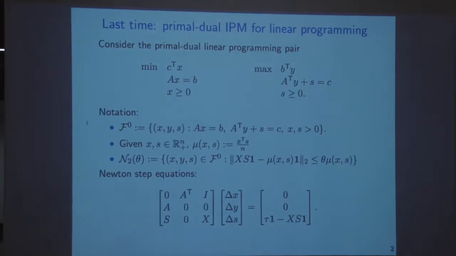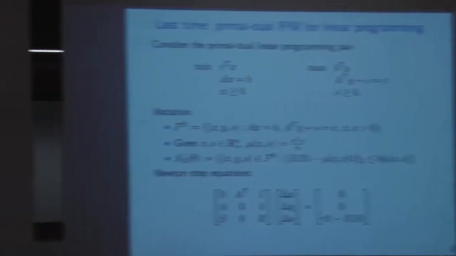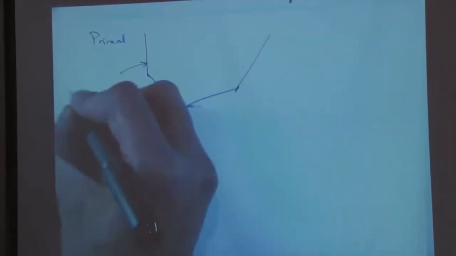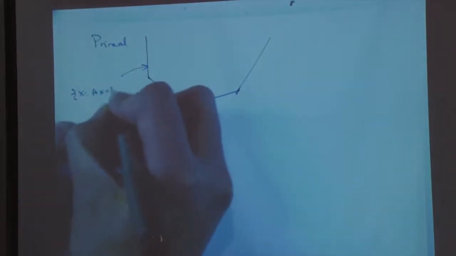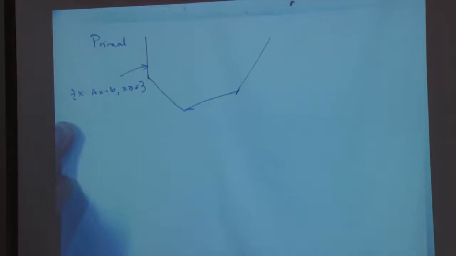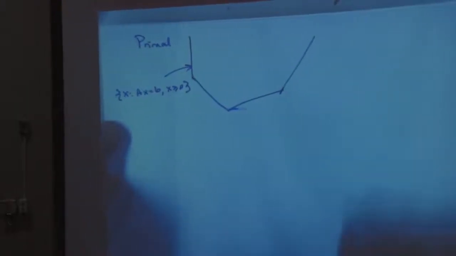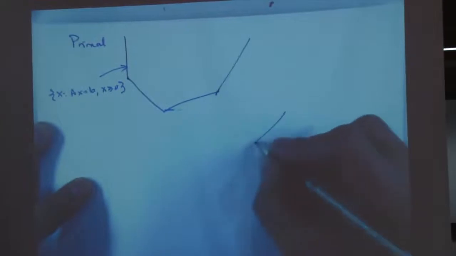The first piece of notation is that F0 set that represents the set of strictly feasible solutions for both the primal and dual problems. And one thing that I want to reiterate is that this is a neat way of thinking about F0. If you think about, say, the primal problem, it looks perhaps something like this. This would be the set of points that are feasible for the primal problem. And then the dual problem would look like another